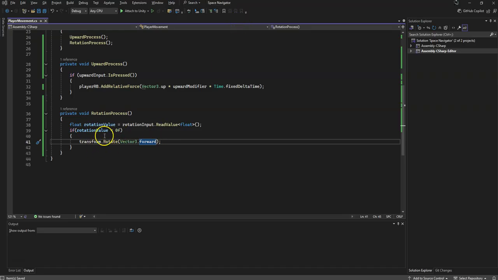Now, of course, we have set up a nice little bit of code here that handles the left side input. And I'm just going to make a note here with a single line comment. It just says left side input or rotate left. Just so that way we can remember what this first if statement is doing, because we also want to be able to handle one that handles the right side